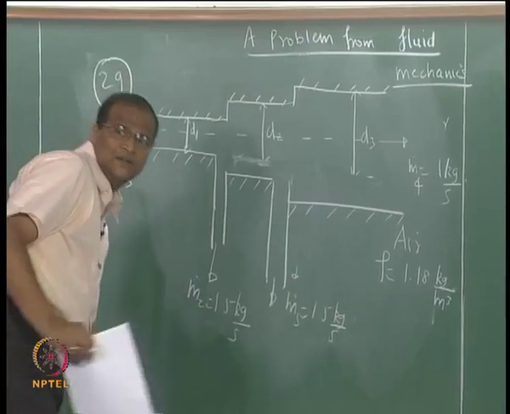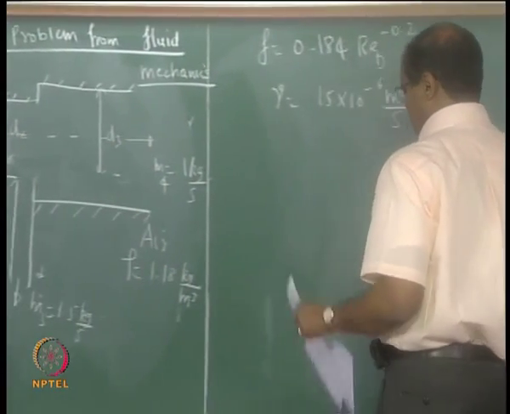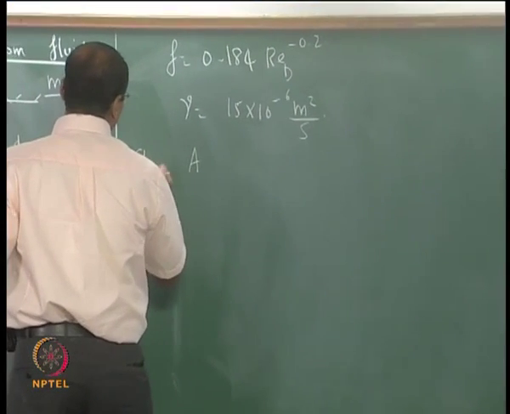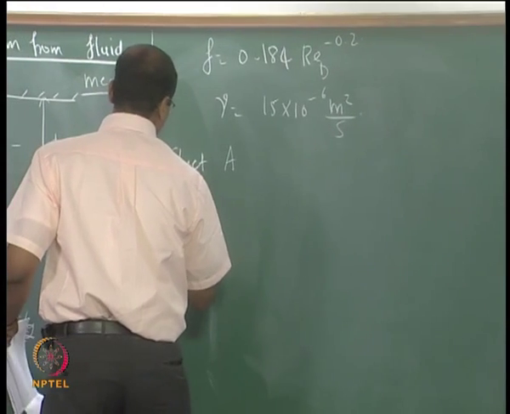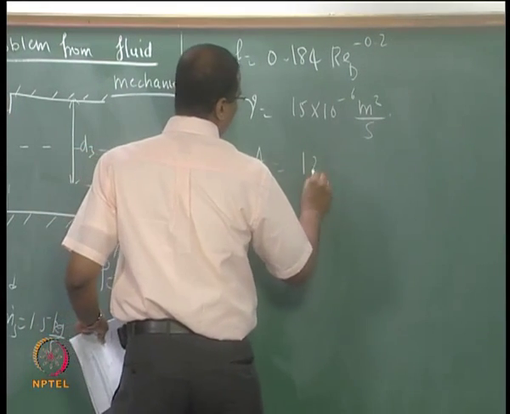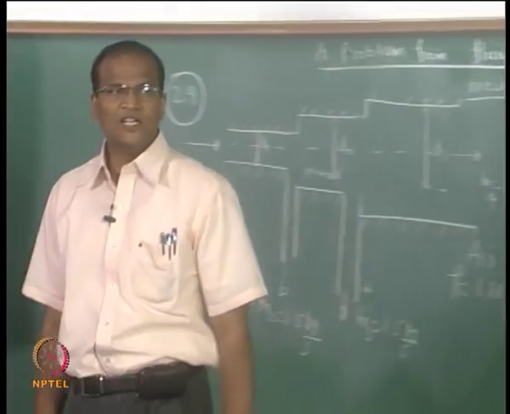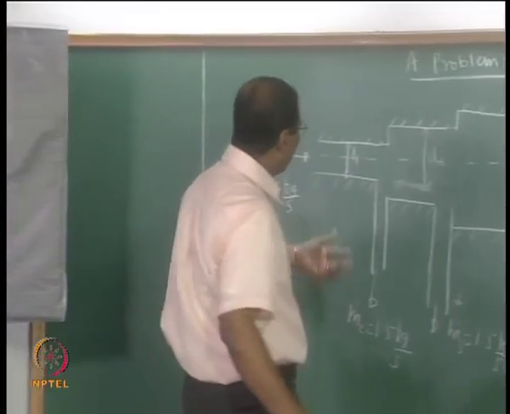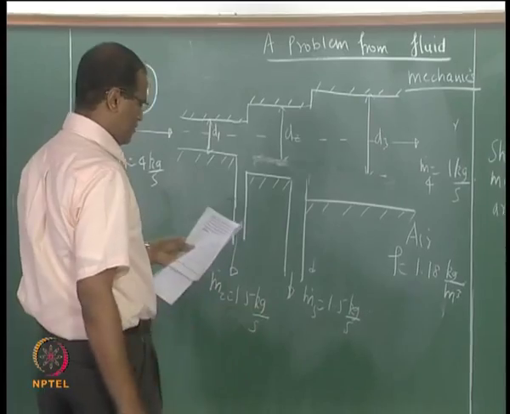Okay, the circular duct, right? D1, D2, D3. Friction factor is given like this. Mass flow rates are given. Total area available, sheet metal area, 120 meter square. Total sheet metal area is 120 meter square. Leave the sheet metal required for pulling out this. Okay, these are not important.